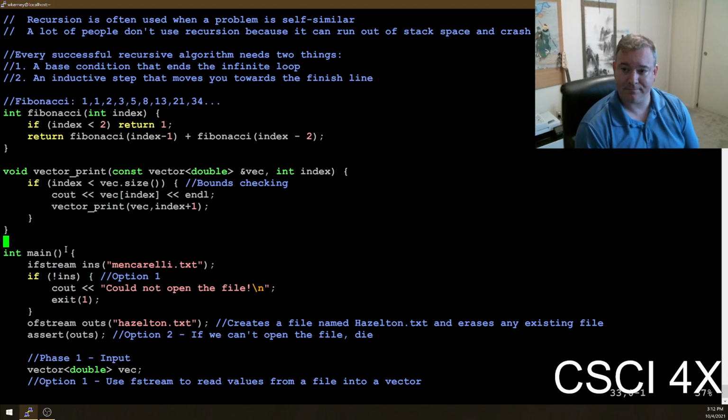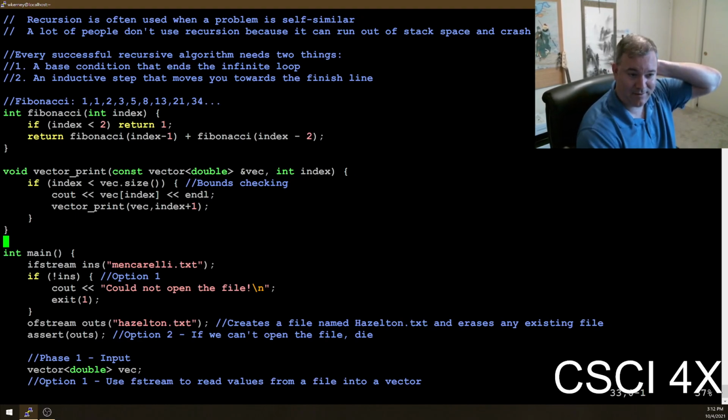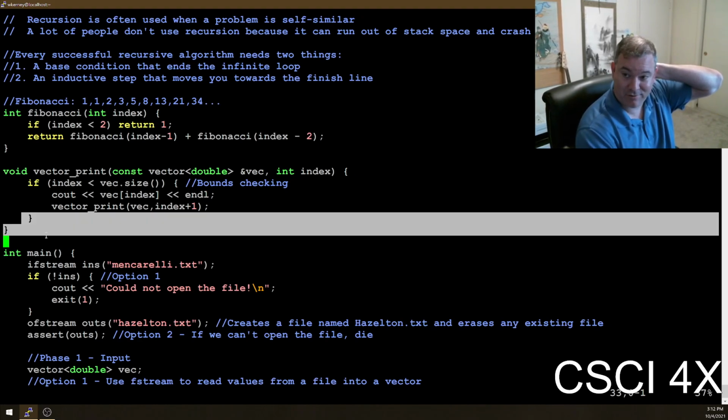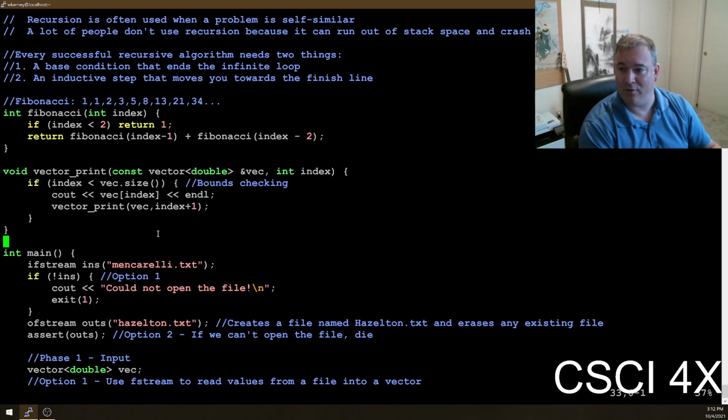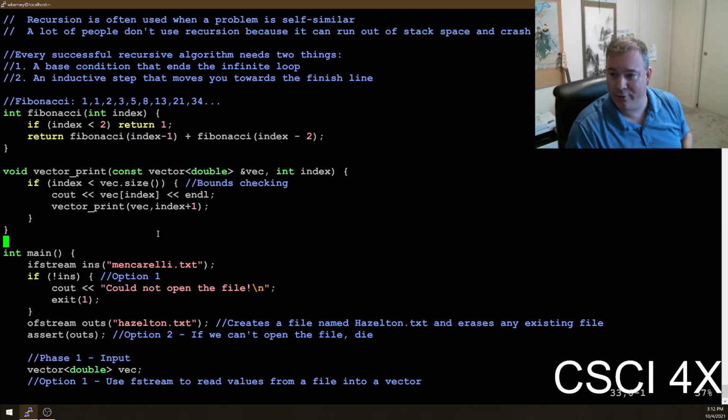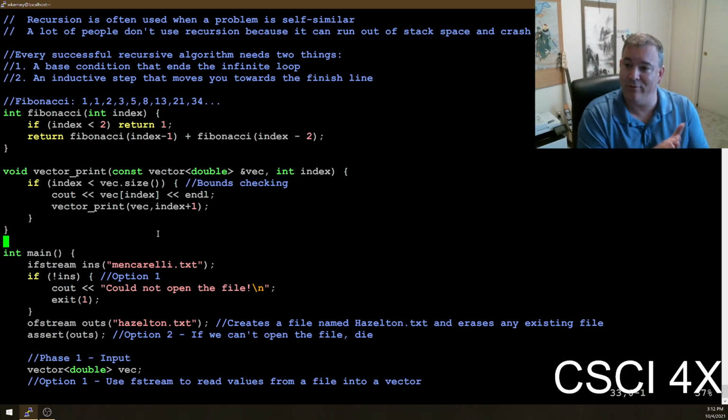That's good enough. Because if you get to the end of a function, it just returns. Right? You don't need a return statement there. So there you go. Notice how there's no loop. There's no for loop, there's no while loop, there's no do while loop, there's no range-based for loop. There is no loop anywhere in here. We are using a recursive function call to iterate across a vector.